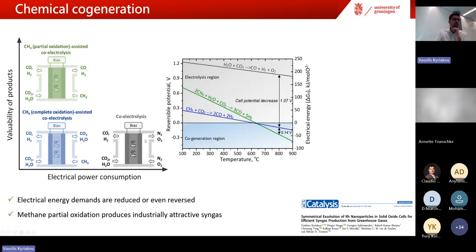What happens if you substitute the air on the anodic side with a fuel that can be cheap or can be renewable, like one example can be methane. It's not only natural gas that contains methane. At the anodic side, if you supply this methane, if your catalyst allows it, you can oxidize it to CO2 and water, for instance, and then you reach this blue curve. This is the free energy, the energy demands. It's at least 1 volt lower, and at temperatures above 650, you see that there is even a region where practically no electricity is required.